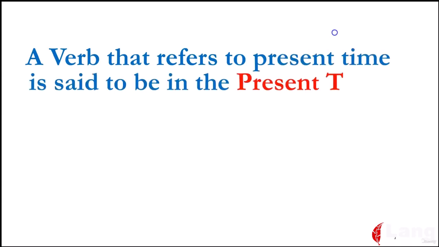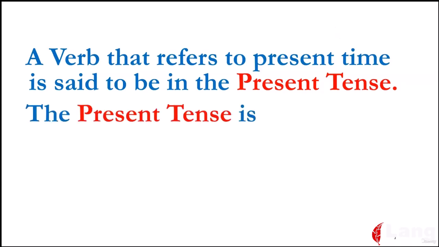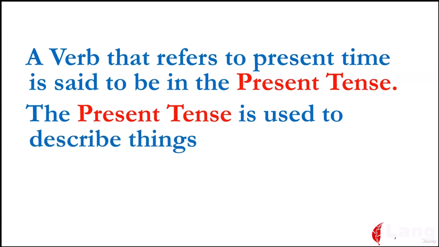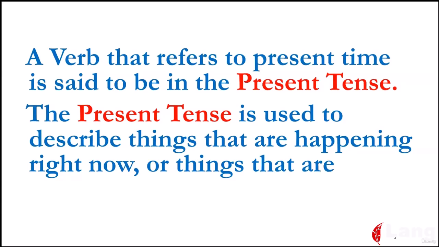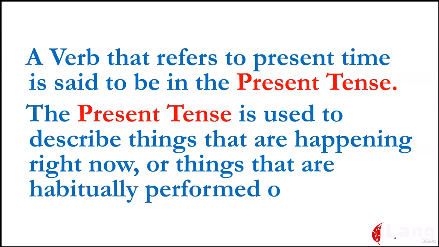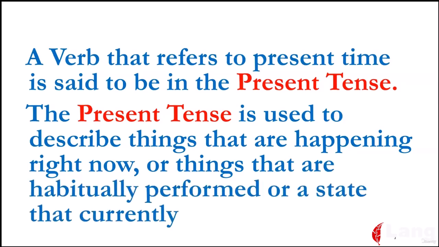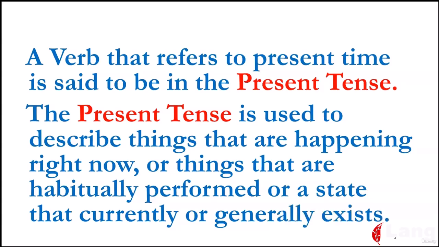A verb that refers to the present time is said to be in the present tense. The present tense is used to describe things that are happening right now, or things that are habitually performed, or a state that currently or generally exists. Examples: